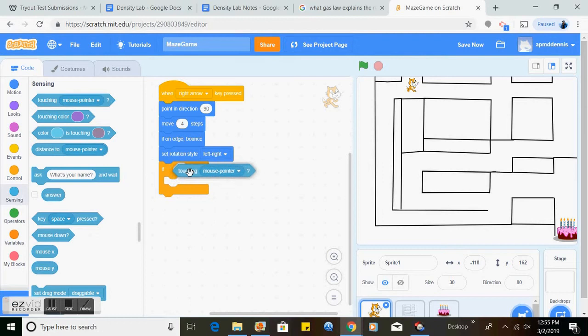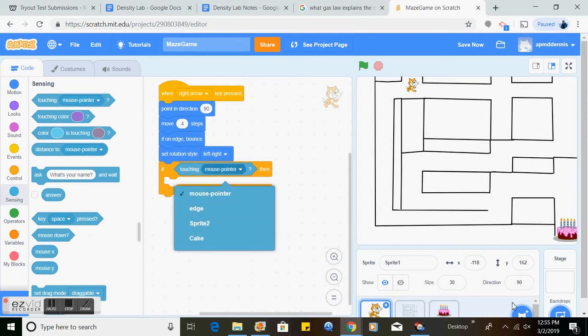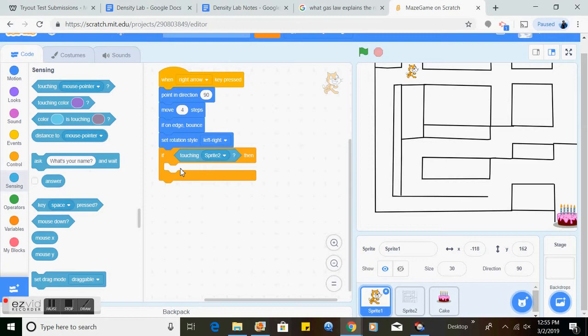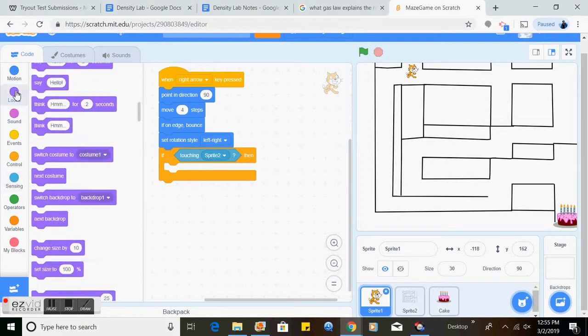Like in that, you see that white box that comes in between the if then? That's where I'm going to put the sensing command, that if touching, and I'm going to select sprite 2. For example, this is sprite 1, the maze is sprite 2, and cake is sprite 3. So when sprite 1 is touching sprite 2, then what do I want it to